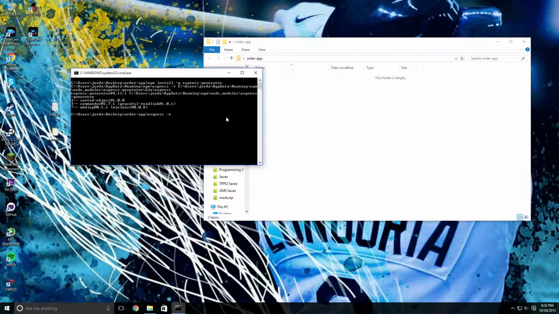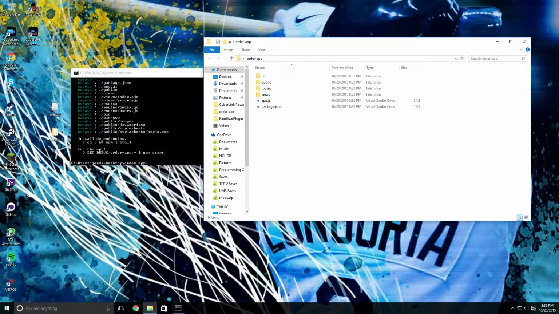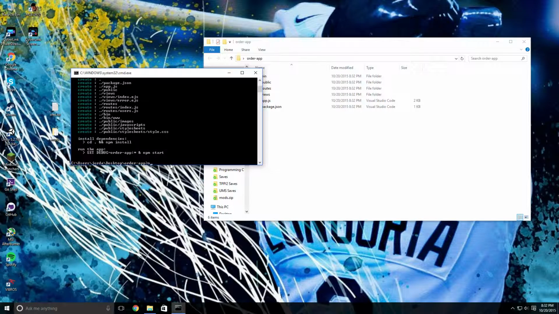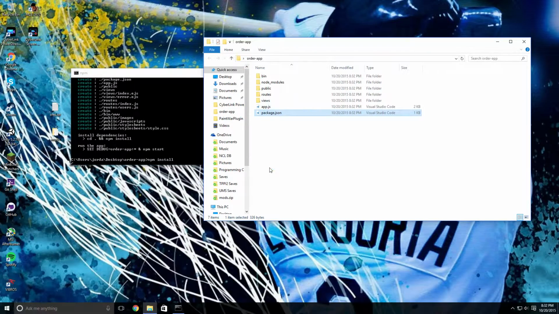So we're going to make an Express app and use EJS instead of Jade. If you don't know what that means, we'll explain it later. So we'll do that. Made a bunch of files and folders. Now we're going to run npm install, and it'll install everything in this file here,